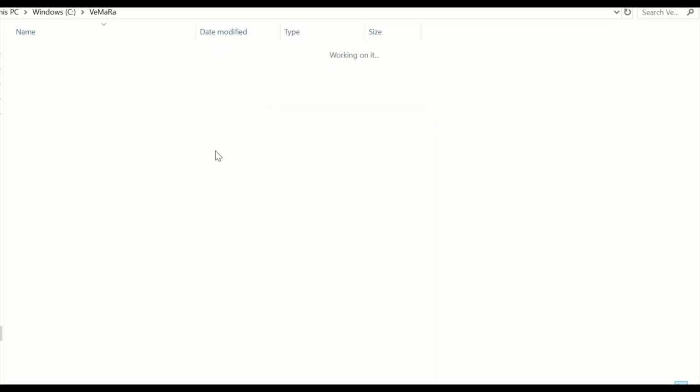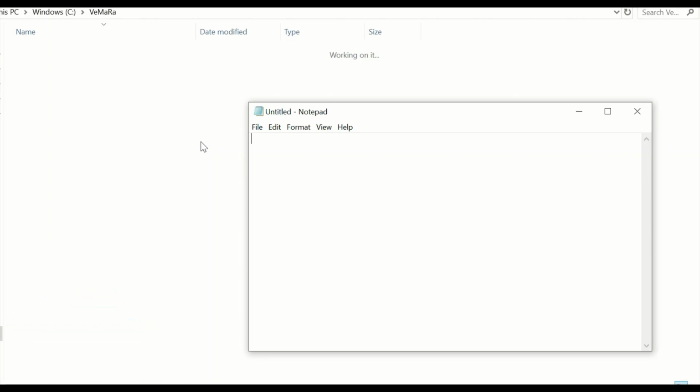So let us now create the HTML files for our website. I'll just be creating a simple website for now to help you understand how to host it in AWS. Let us open Notepad and write in our HTML code. Usually for any web application, your first page will be index.html. So we'll create our index.html.